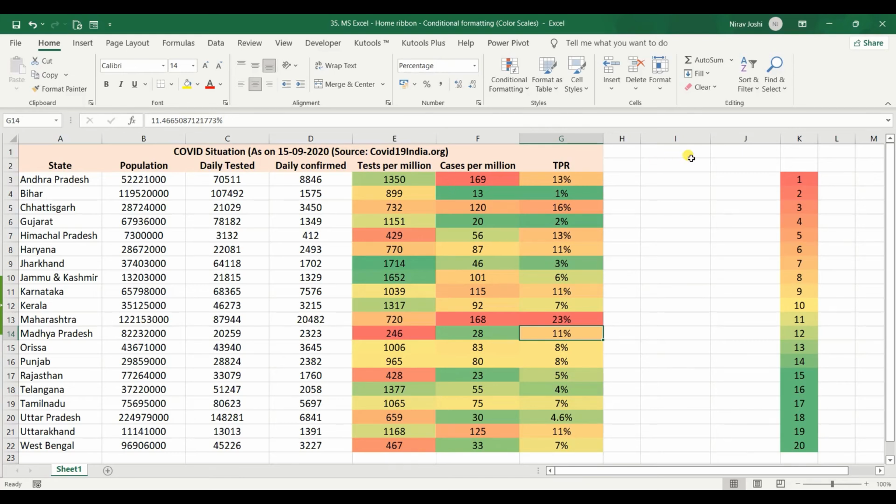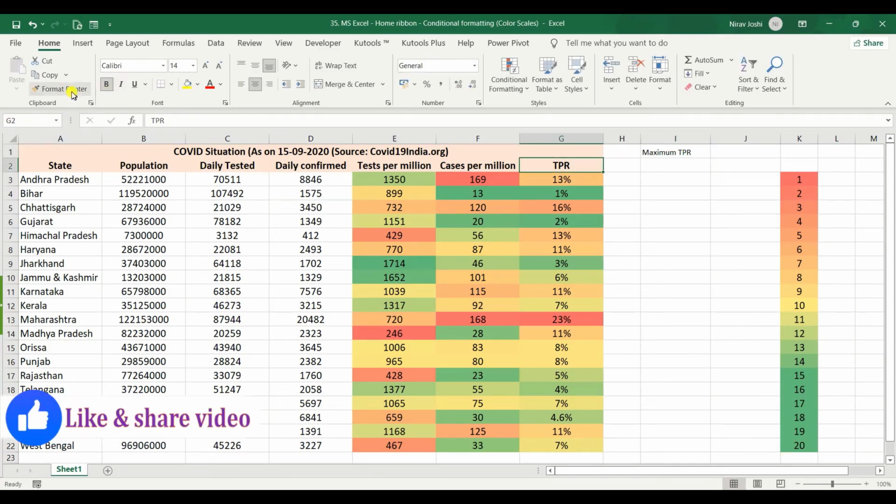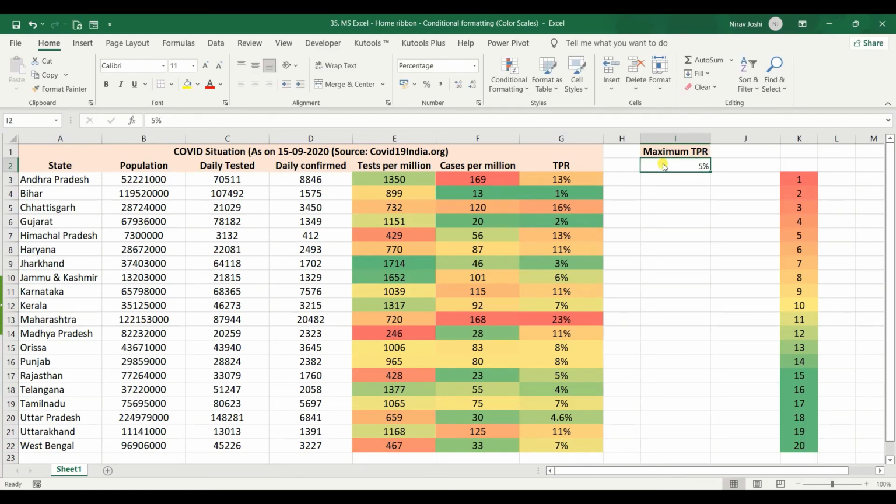An additional thing, by using this maximum point, we can also identify the states which have higher TPR, right? Generally, we have a maximum allowable TPR, or the TPR above which we should take some action. We routinely have this kind of number or cutoff, right? So suppose we have 5 percent as this, sorry, particular cutoff value where we want to take action. So if any state has more than 5% TPR, it should be taken care of, right?